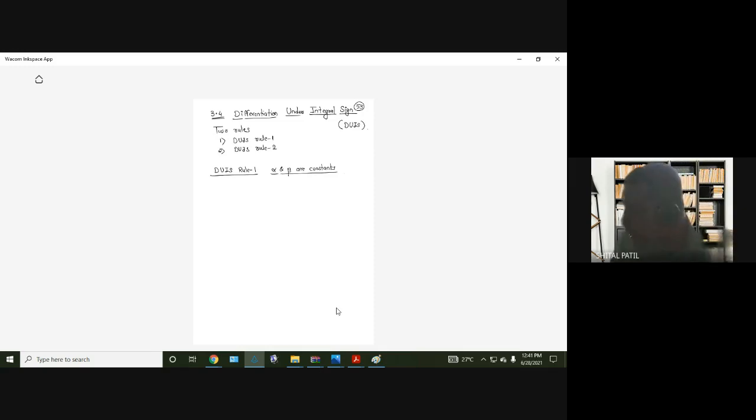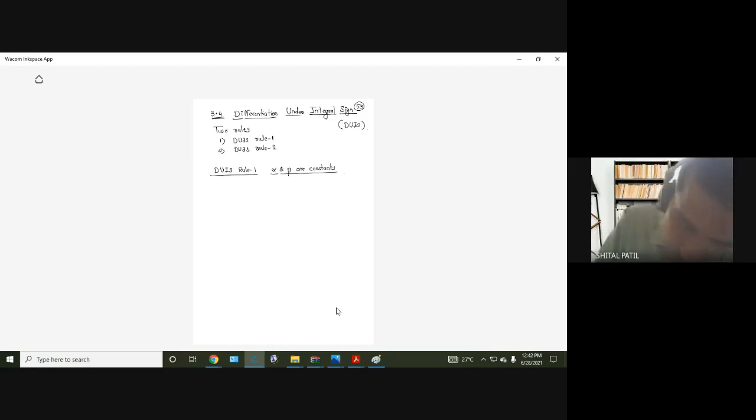Before we start, a few things should be known to us so that solving examples is simplified. Give me 2 minutes only. Let me go through those rules so that solving examples on the DUIS rule will be simplified. For the next some time, it is not compulsory to write. If you want to write, well and good. If you don't want to write anything, there is no problem. But you have to answer a few questions.